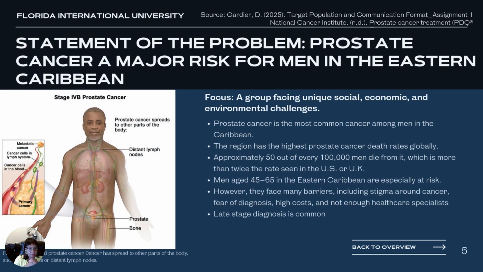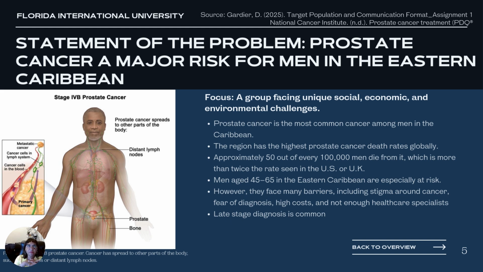So the statement of the problem. The targeted problem, or the problem that I'm addressing, is prostate cancer, a major risk for men in the Eastern Caribbean. And so a lot of the men in the Eastern Caribbean, as a result of the stigma, the low